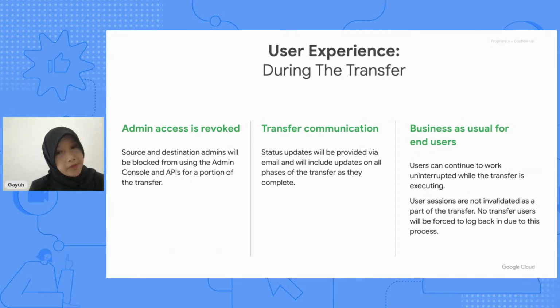So what is the user experience during the transfer? First, admin access will be revoked once the production transfer is started. So both the source and destination admins will be blocked from using the admin console and APIs for a portion of the transfer. Once the admin access is re-granted, your Google team will inform you. Status updates will be provided via email and will include updates on all phases of the transfer